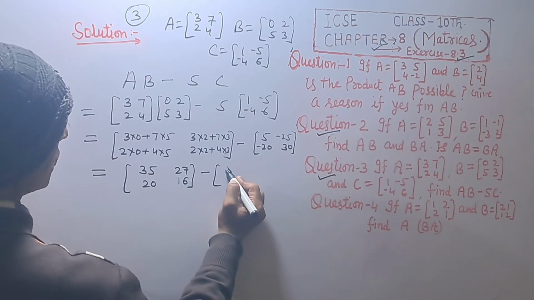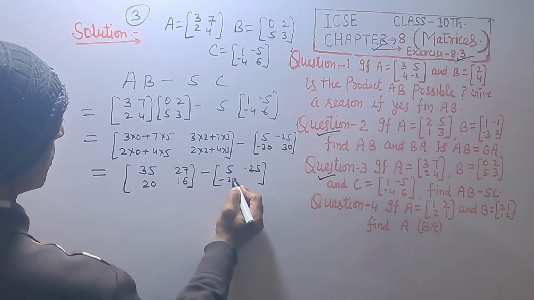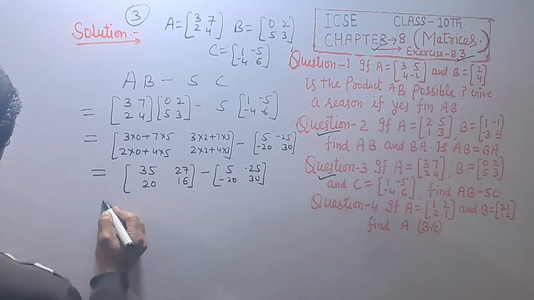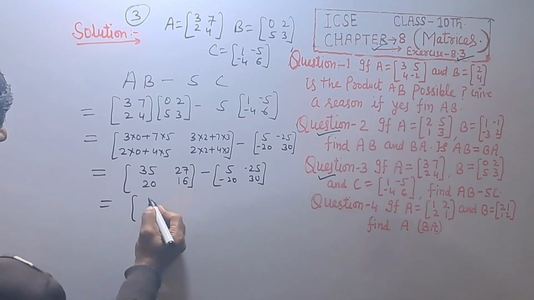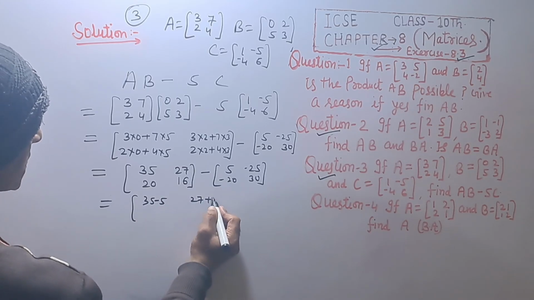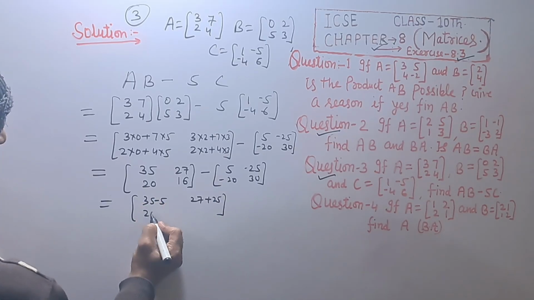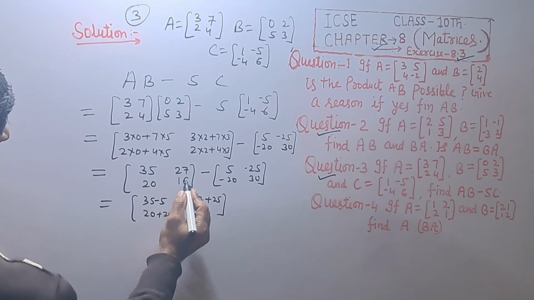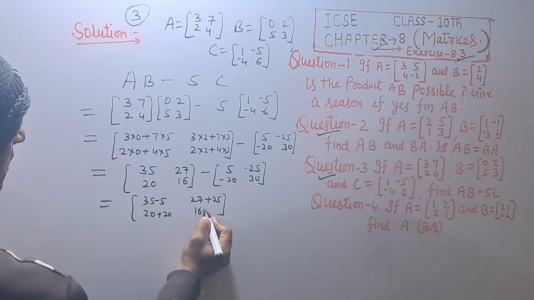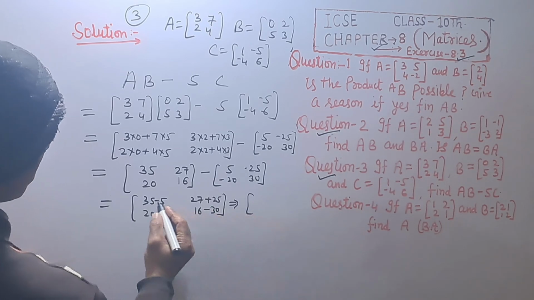Minus 5, minus 25, minus 20 and 30. That is equal to 35 minus 5, 27 plus 25, 20 plus 20, 16 minus 30, which implies